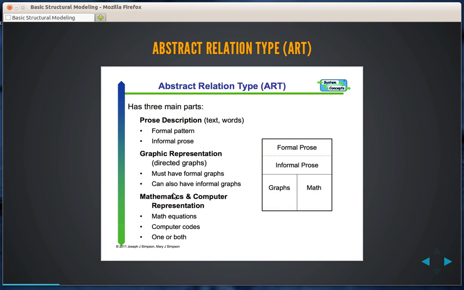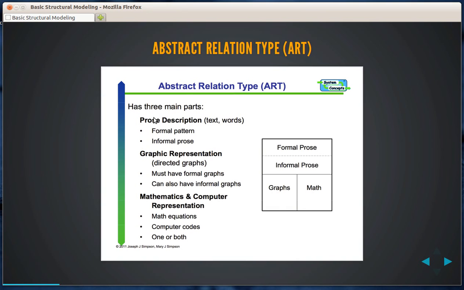You can take the same system and display it unambiguously and very clearly in any one of these specific forms. And not only that, there's also a very well developed procedure that you can use to transform one form into another. Like you can take mathematics and transform it to prose, you can take prose and transform it to graphics. So model exchange isomorphisms are a very useful tool in communicating these more complex ideas to large groups of